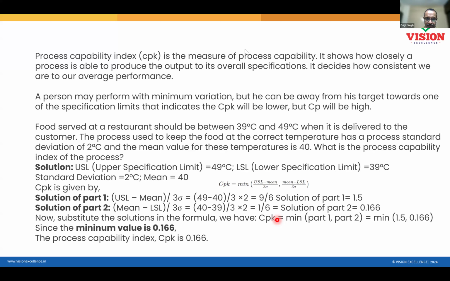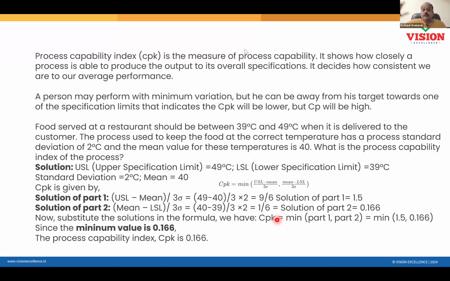Yes, yes. And so most of the time you will be serving cold food to your customers at an inappropriate temperature. Because the customer has clearly communicated the food must be between 39 to 49. Specifications are available, but you are not able to maintain your food at that temperature. Correct? That means the process requires some improvement. You do something to ensure the food is always within the required temperature range of 39 to 49. If you want to make sure the food is always within this range, then the process average must be pushed a little upward.